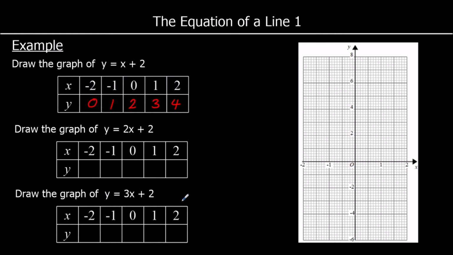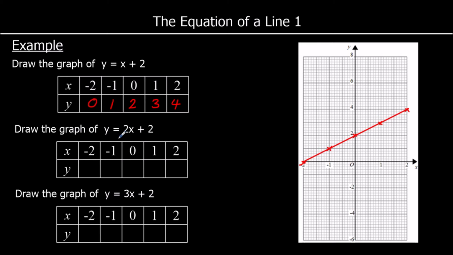So let's plot these coordinates. So we've got the coordinates negative 2, 0, negative 1, 1, 0, 2, 1, 3, and 2, 4. And we can join them up with a straight line. And that is our line. For the next one,